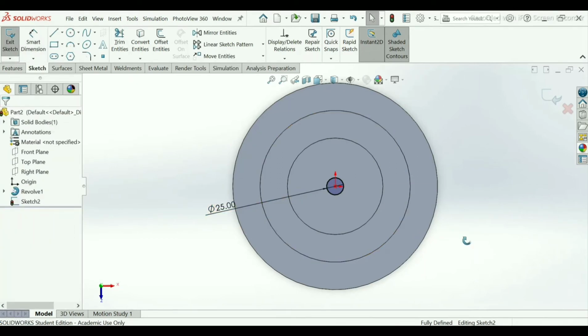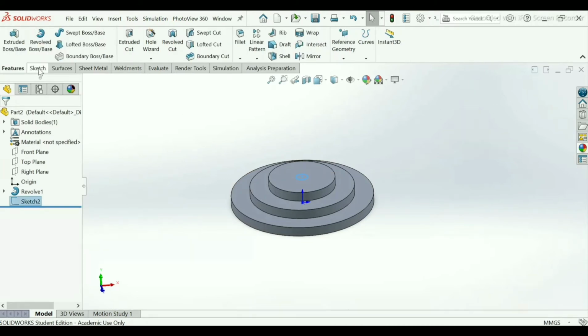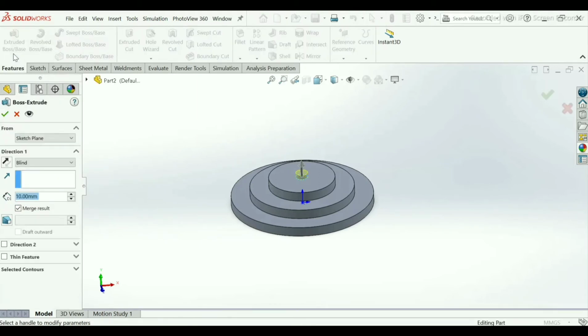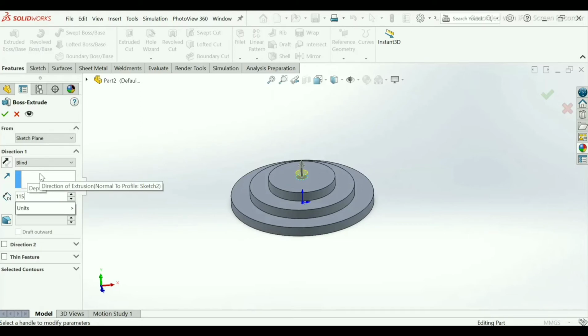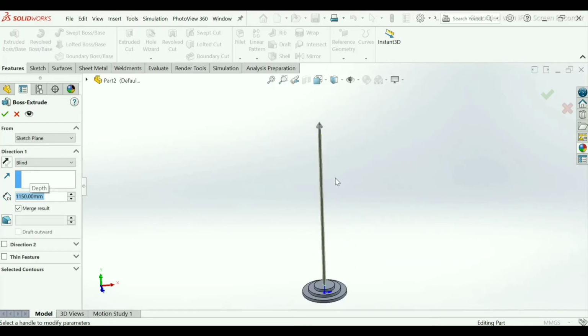OK. Exit. Now go to extrude boss. Height will be 150, like this, and click OK.